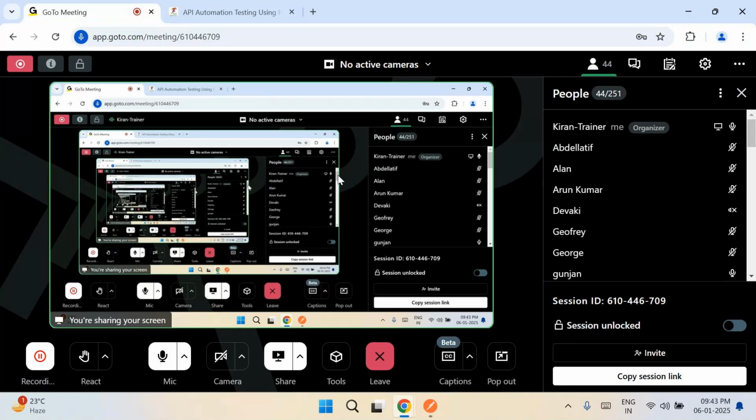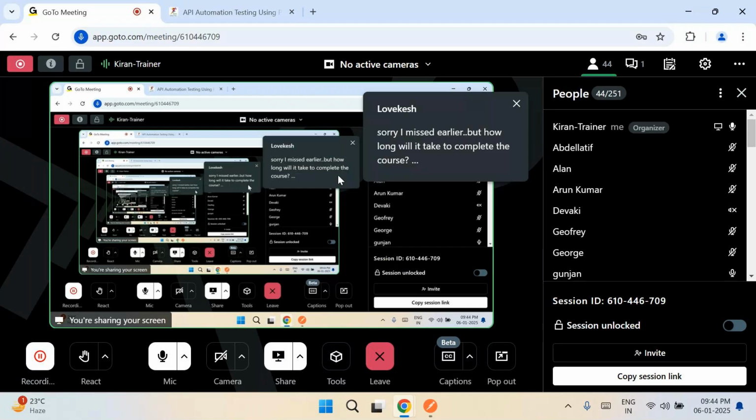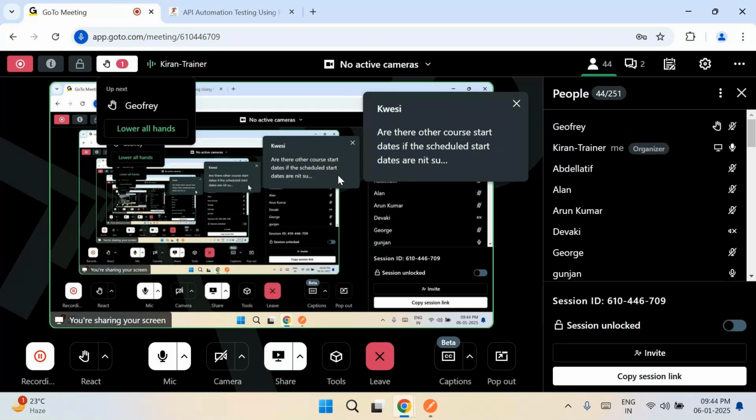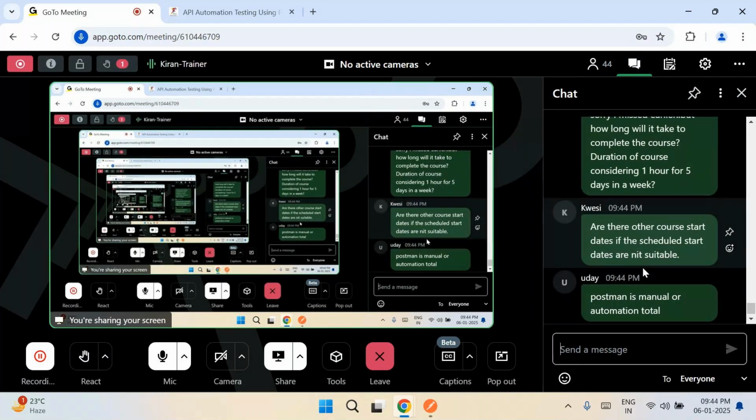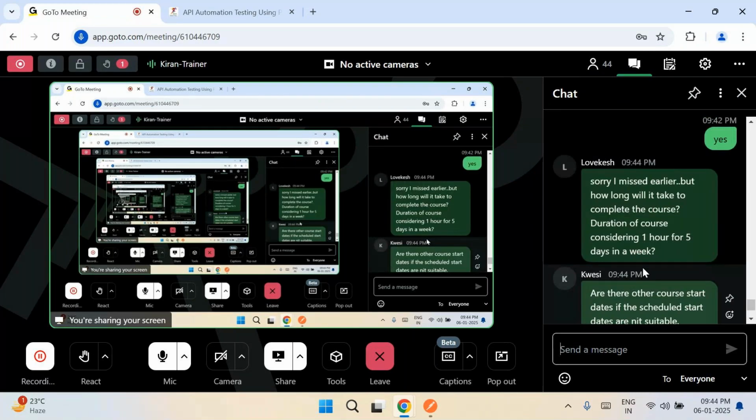See, APIs can be automated in multiple ways. There are thousands of tools in the market to automate APIs. Postman is the number one tool, then comes the REST Assured tool. So, based on your requirement, you can take a call. This course is focusing on the Postman tool and API automation. So, you don't need Eclipse, you don't need IntelliJ.